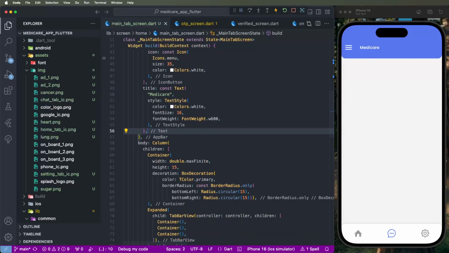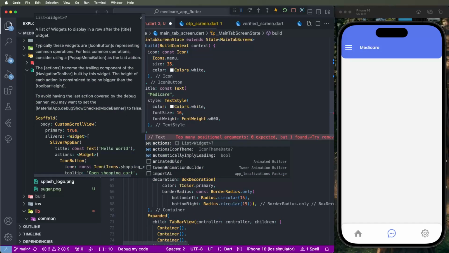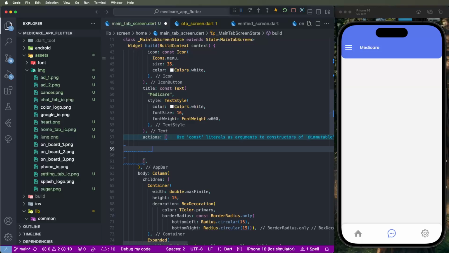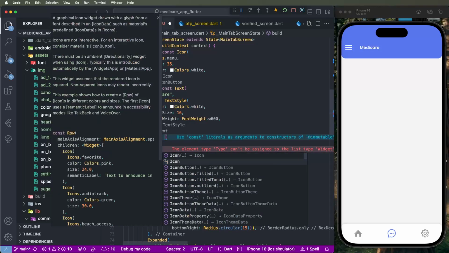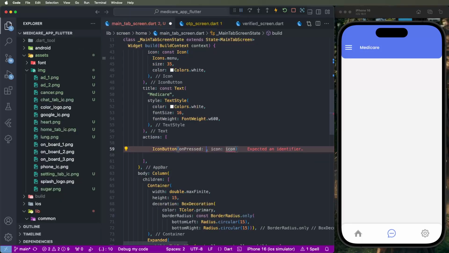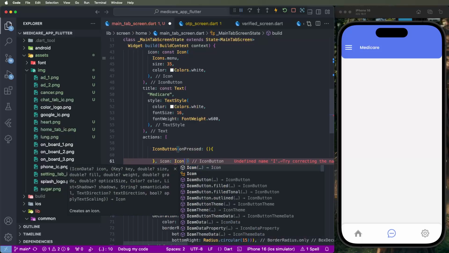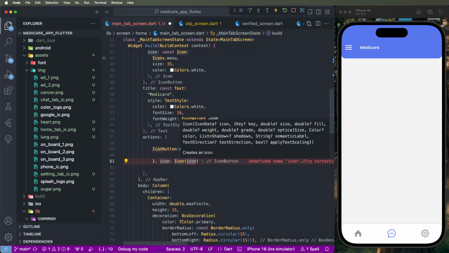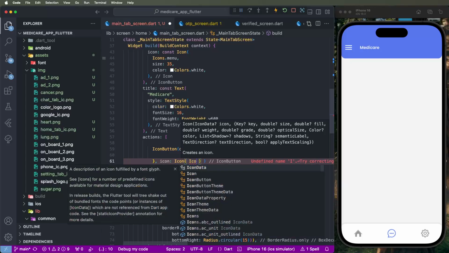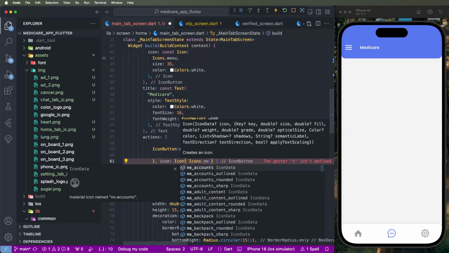And now we need to develop the actions. We need to develop the current city, as well as put the notification icon inside the actions. First of all, make the notification icon button. We need to draw it and set the icon. We need to set the icon as notification,